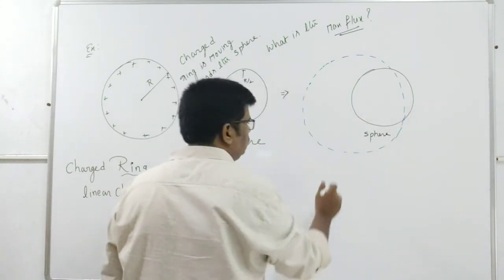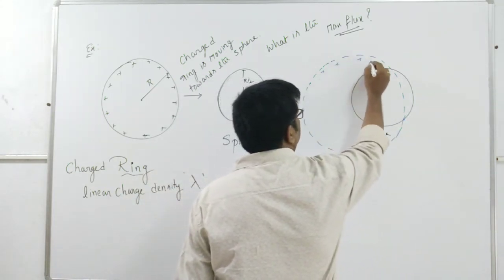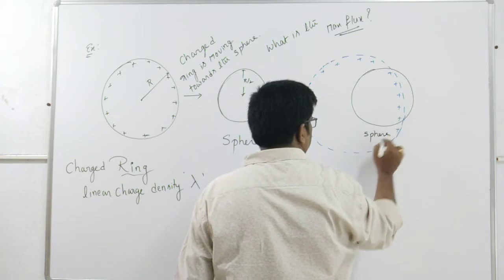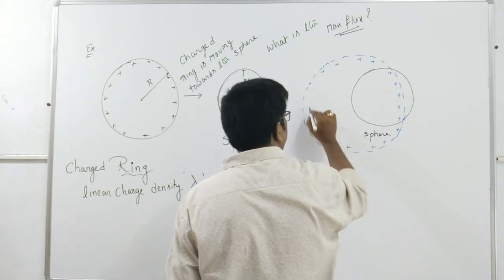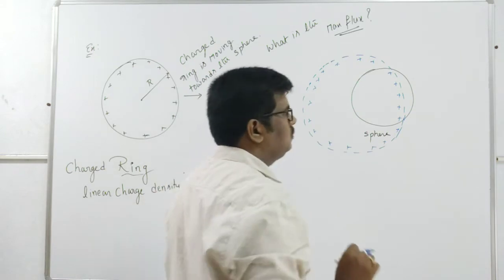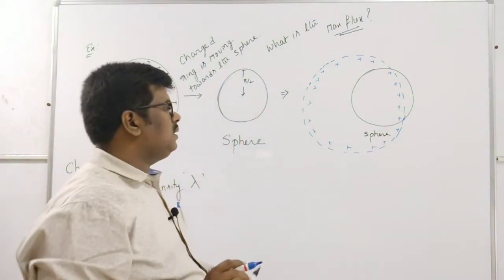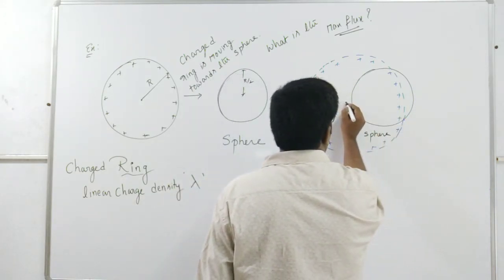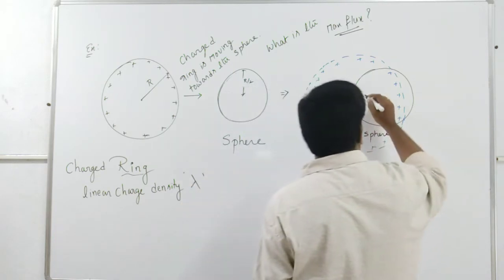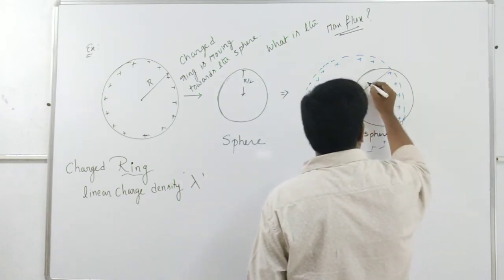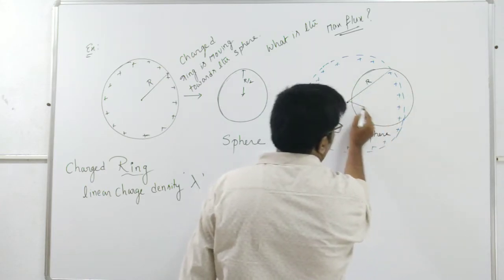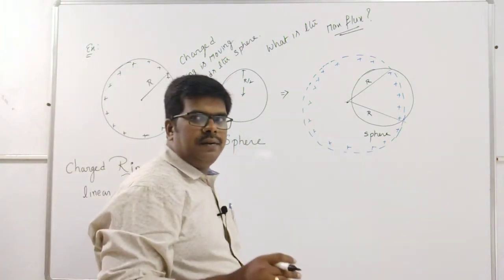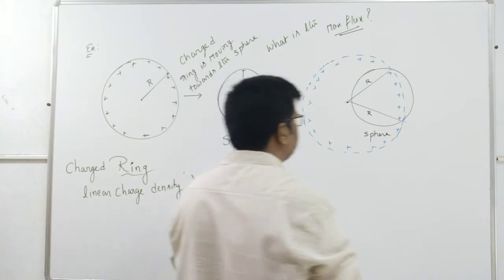This is the ring. So this is the charged ring. Now it is entered, this much it is entered inside it. Now it is the center. So from center to here, this is the radius, and this is the radius. Now the maximum is possible if it is a radius.